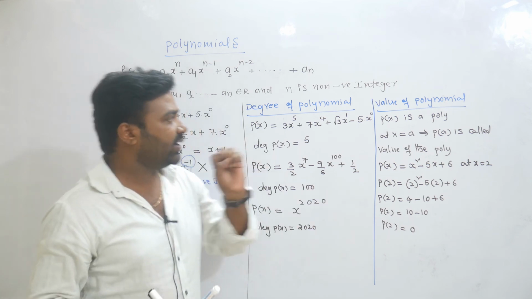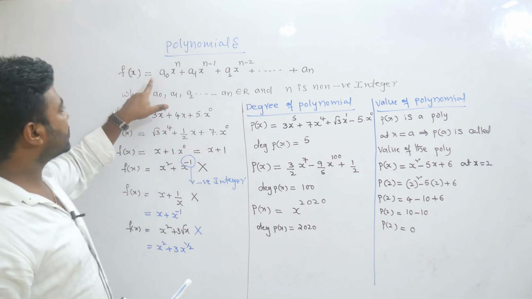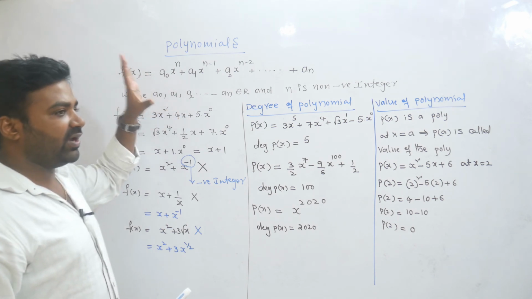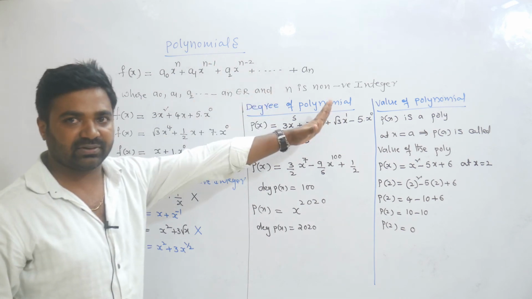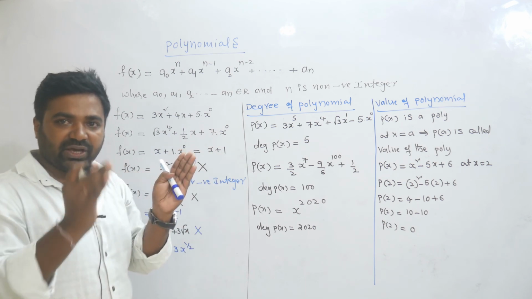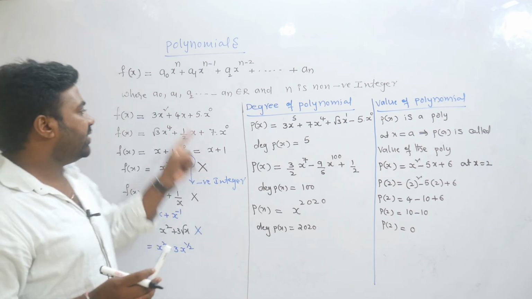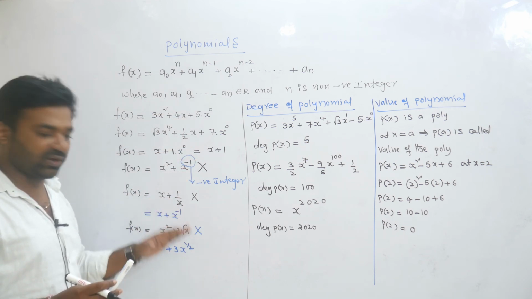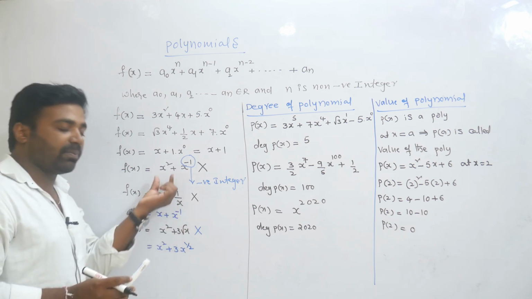Now see, listen ma, here I explained 3 conditions. First of all, what is a polynomial? A polynomial is an expression in the form of a0 x power n plus a1 x power n minus 1 plus a2 x power n minus 2 plus and so on up to an. In this, the variable power is a non-negative integer. a1, a2, a3 up to an are the coefficients of the polynomial. Next, these are examples of polynomials. These are not polynomials, because here x power is not a non-negative integer, so they are called not polynomials.